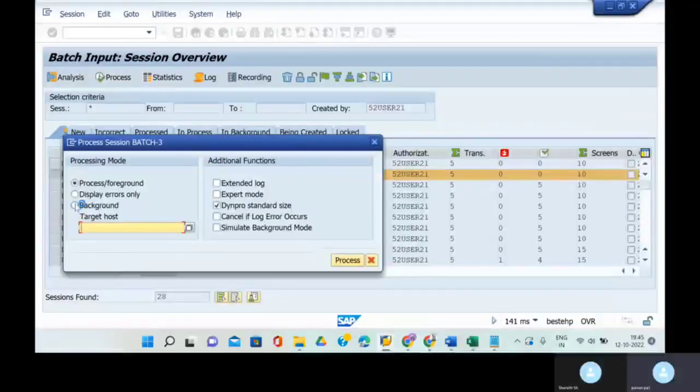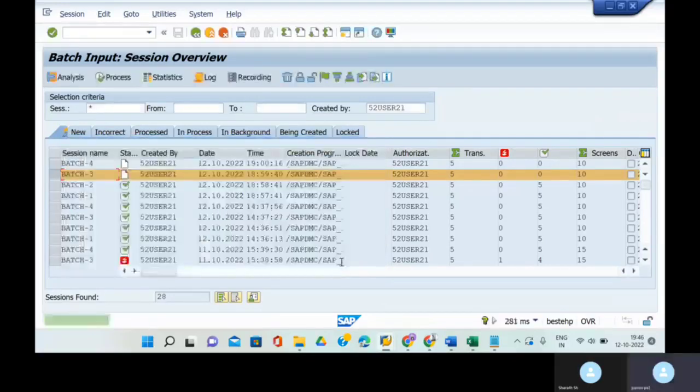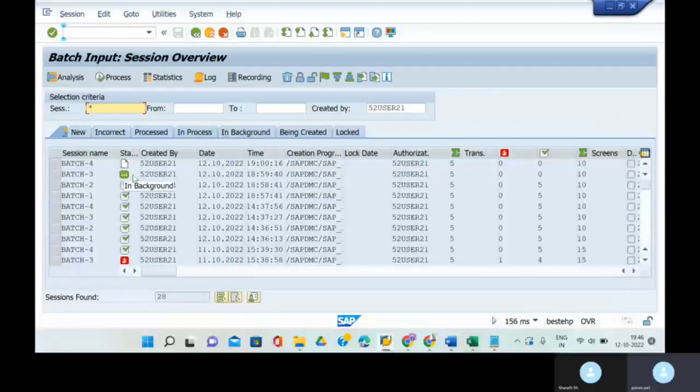I'm going to background for this one. I think it's a network issue. Background, extended log, and process. Transfer to the background process. Let me reload this one. SM35. Okay, look at this one. There is a change in background. It's going to be processing. Let me go to SM35. Till it is processed, let me select and show